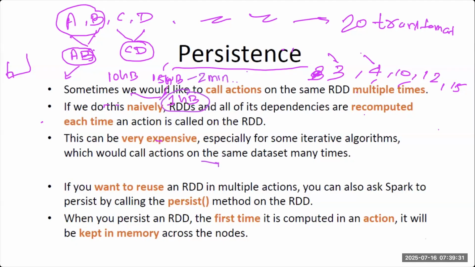So let's suppose I want this data for my third transformation and fourth transformation. I have one option, I can recalculate. If I recalculate, it will take another 2 minutes. So instead, I will store this 1 GB of data in some of the executors, and when I need it for the third, fourth or tenth transformation, I will directly read it from there. So in this way, I saved my time, right?